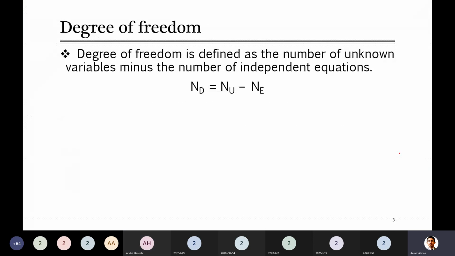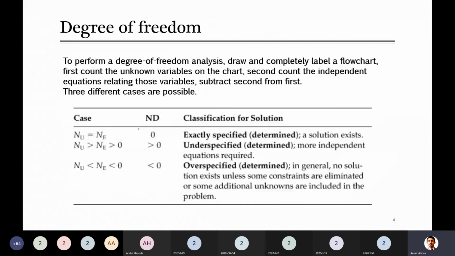Right, this is simply the definition of degree of freedom. Degree of freedom is the difference between the number of unknowns and the number of equations. While you are solving a material balance problem, it is necessary to find the degree of freedom, and I have told you its importance: when you solve it, you have to reach the condition of an exactly specified system, where your number of unknowns and your number of equations should be the same. Unless they are the same, you can't proceed with the problem. No one will advise you to solve the problem until you meet this condition of number of unknowns equal to number of equations.